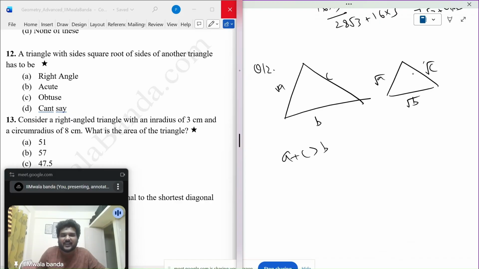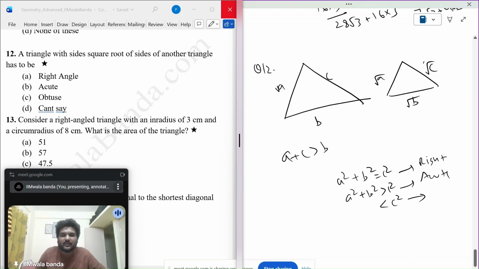Okay. In this case, if you are aware a square plus b square is equal to c square, then you know it's a right angle triangle. If a square plus b square is greater than c square, then you know it is acute. And if it is less than c square, then you know it is obtuse. So in this case,